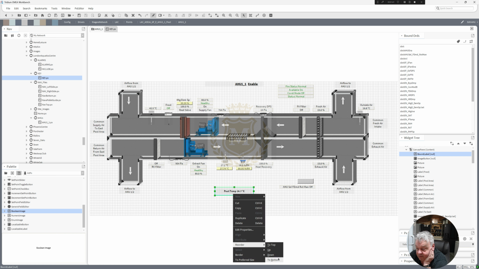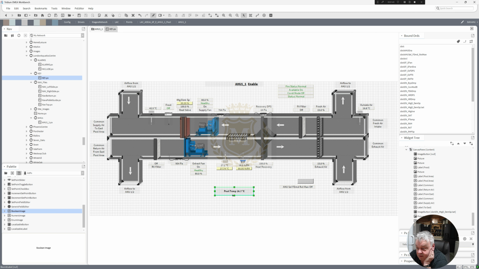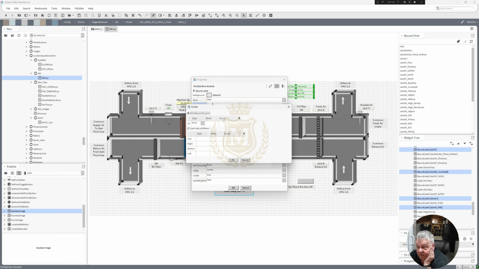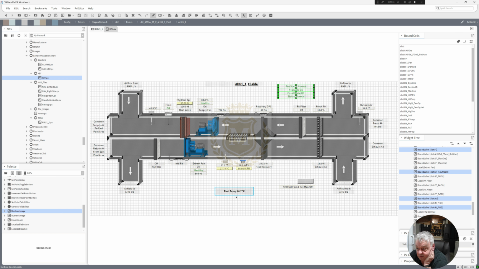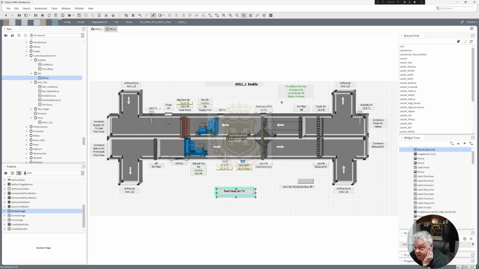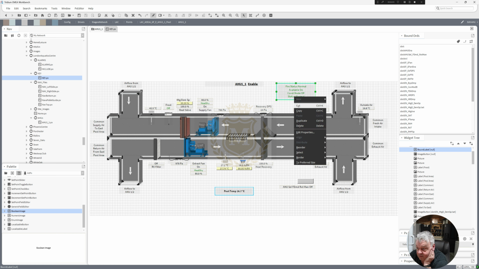reorder to bottom, and then I can take out my borders for these, so none, and take that, duplicate, and put that around that, reorder to bottom,